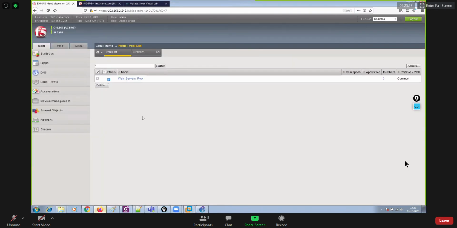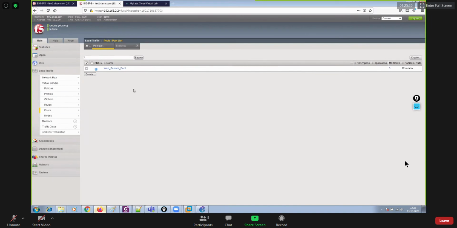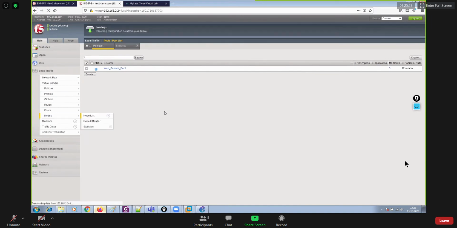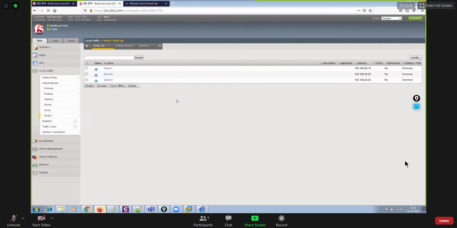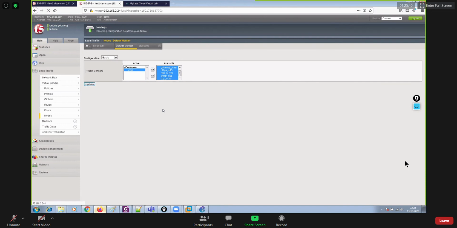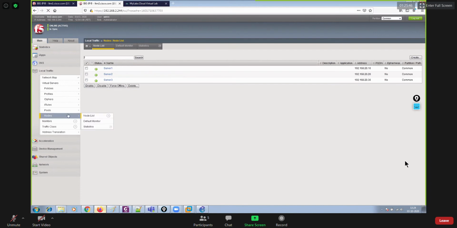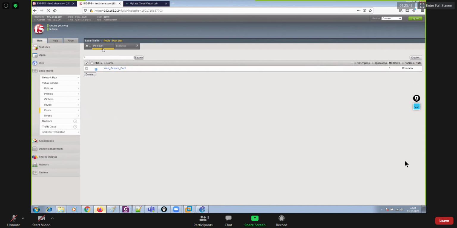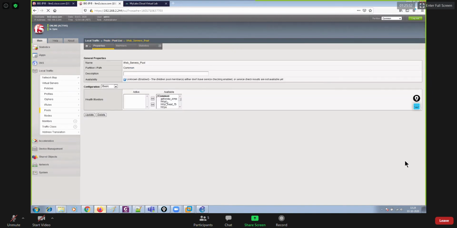And also what I will do is I'm gonna perform implementation for the virtual server, this time using iApp. Okay, so I'll be using iApp to perform deployment of the applications or creating the virtual server. So I'll go to default monitor under nodes, I'll add ICMP update so that the status of the nodes can come up. Yeah, it's up now. The status of the pool should be up now. So let me go ahead and let me add the ICMP as a monitor.